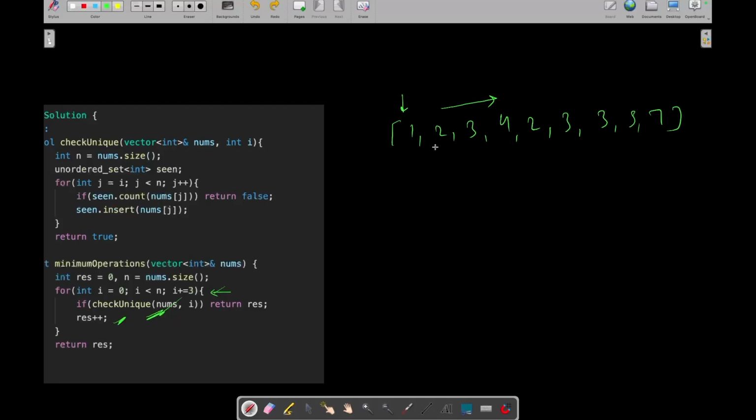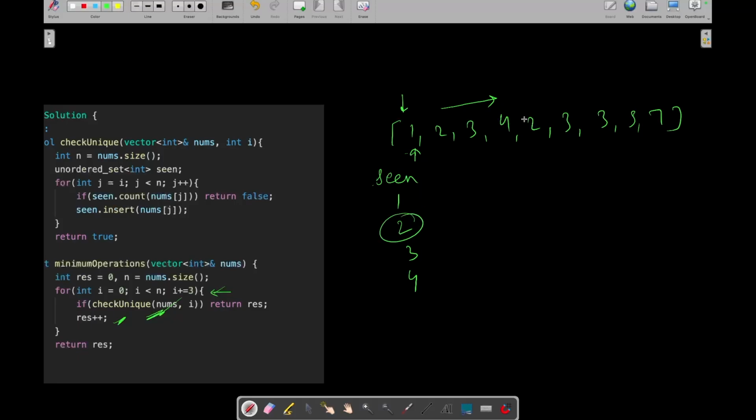Okay, so let's check whether this array contains unique elements or not. How will we check? We can simply create a set which will store the elements we have already seen. So let's say we are at this index. Now we will start iterating from this index. 1 2 3 4. Cool. Oh, now 2 is already there in the set.